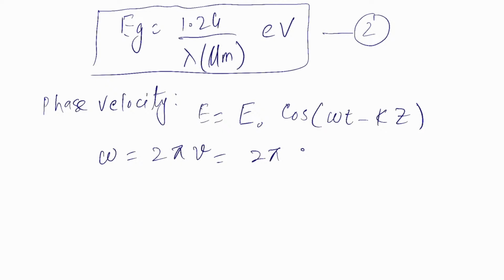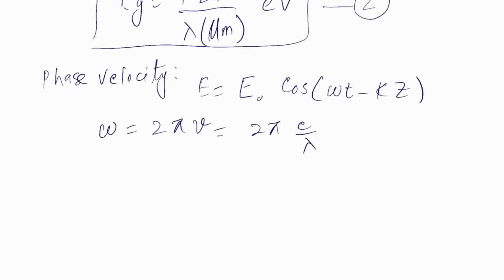So this omega is 2 pi nu and nu is c over lambda. So we put this here. So now if you see this 2 pi over lambda, we use somewhere,